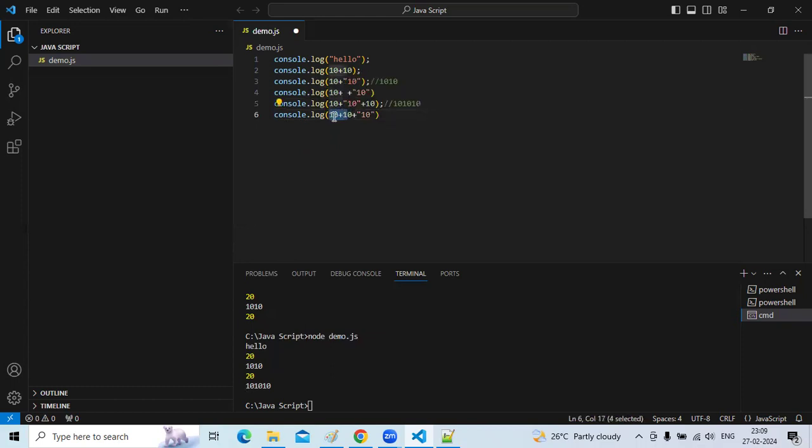See, the first value is a number, the second value also a number. So the value is 20. After 20, what happens? Again I am adding the number 20 with a string. So it is concatenated. See the result.